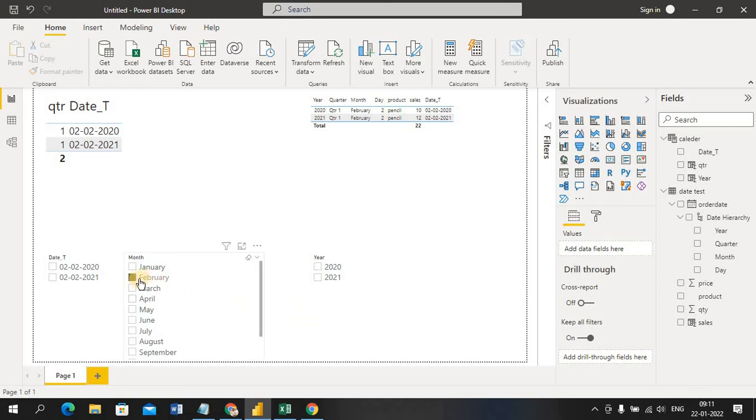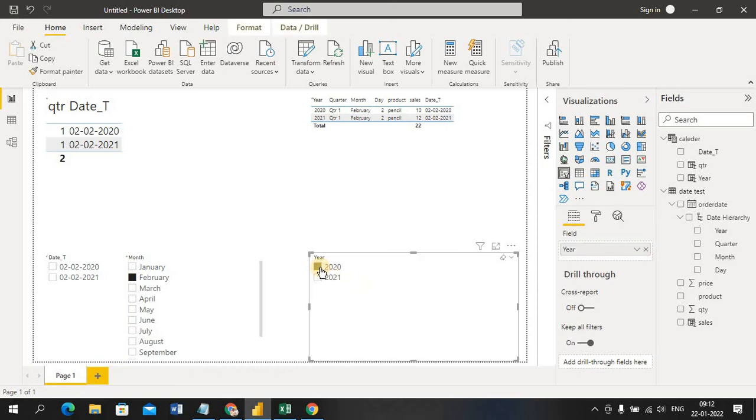If I select Feb, 2020 and 2021 are also selected, because I'm just saying Feb month, I'm not saying for which year it is. So it's selecting 2020 also, 2021 also, because Feb is available in 2020 and 21. If you want to go individually, you have to apply a filter in year also.